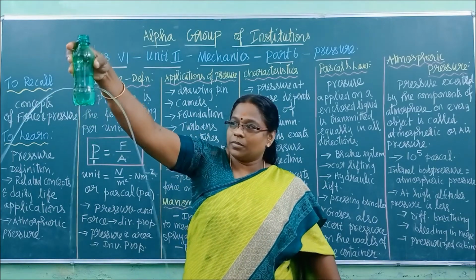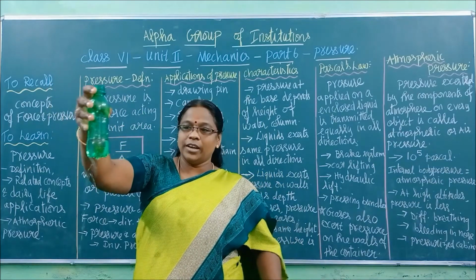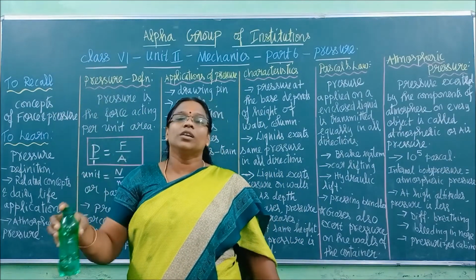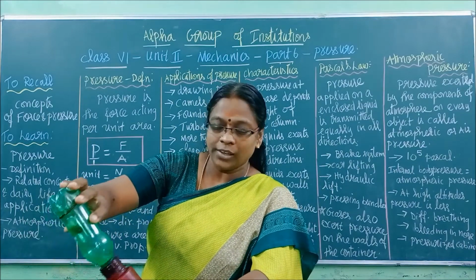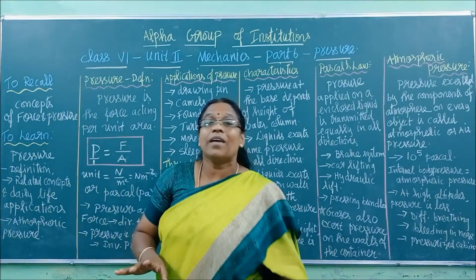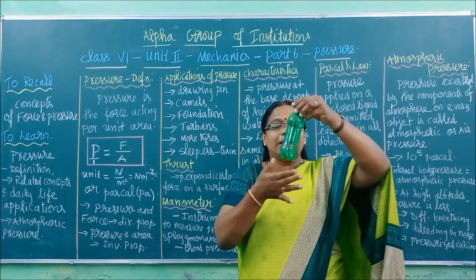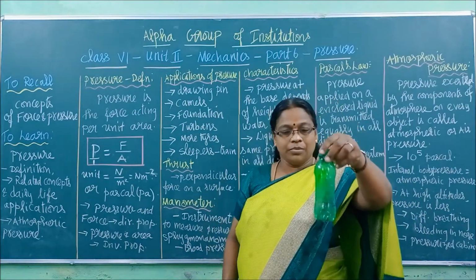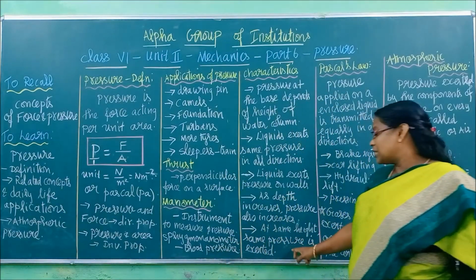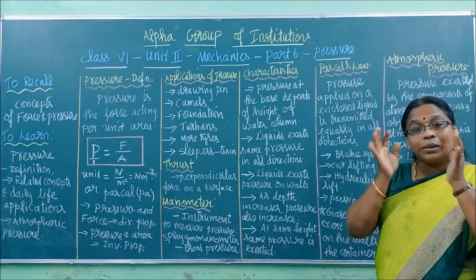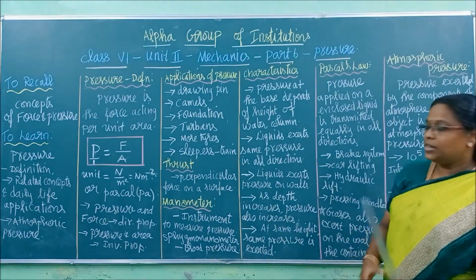See? Water is coming out with the same force. Right? Now see, at the same time all the water stops coming out. Now what is the factor here? At the same height. So the 3 holes are made at the same height from the bottom or from the top, right? At the same height, pressure is uniformly exerted. Pressure will be the same. But if depth increases, pressure will increase, right?